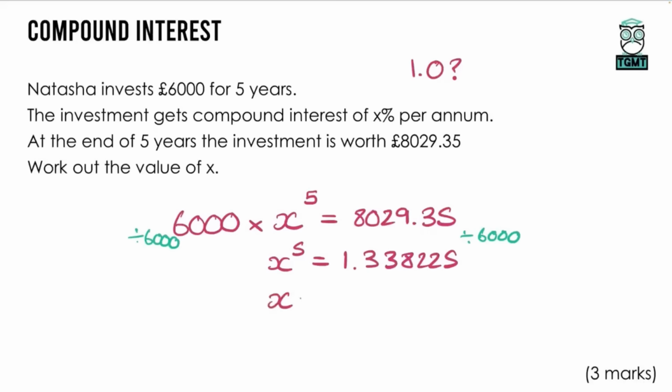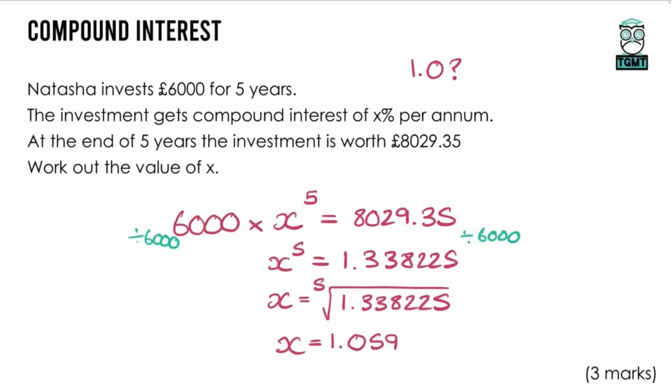So we need to do the 5th root of this number. So just like when you reverse a square root or a cube root, here we just need to do a 5th root. There is a button on most calculators which is a square root button with a little square next to it. So mine is behind a button that has an X with a little square on it. So I have to press Shift to get that button, and then I can put a 5 in the root box, and then type in 1.338225, press equals, and I get x is equal to